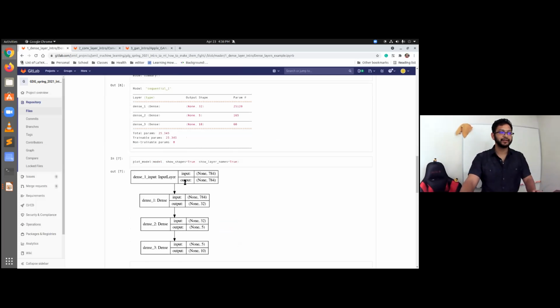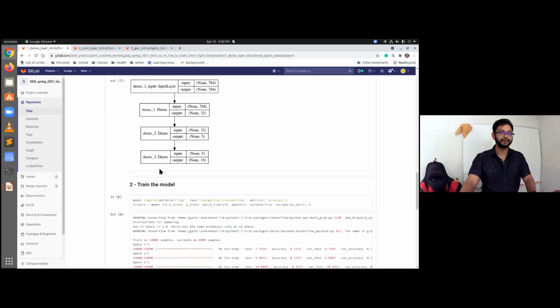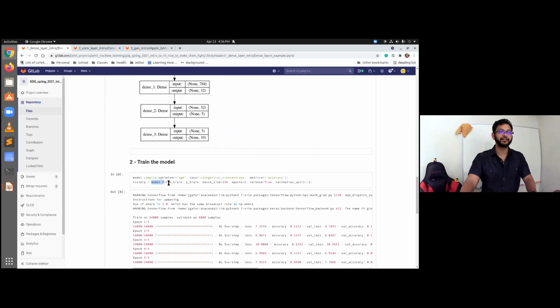So when we look at it, we have a pretty picture, which is fine. But we compile and we fit our model. So we're training our model on the training input and the training output. And we can't just shove everything in because I don't have that kind of space. I only have a 2 gigabyte GPU, so I have to be very conservative with my memory. Essentially, we're going to push in 256 images at a time, 5 times, and we're going to print out some information.